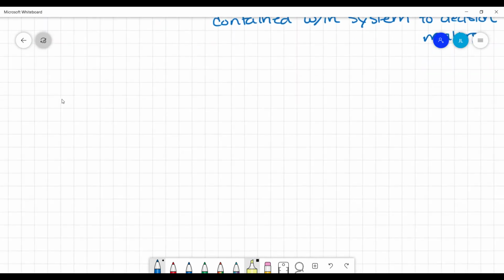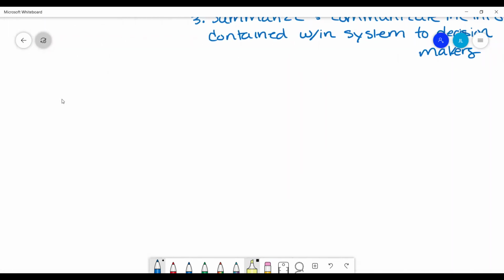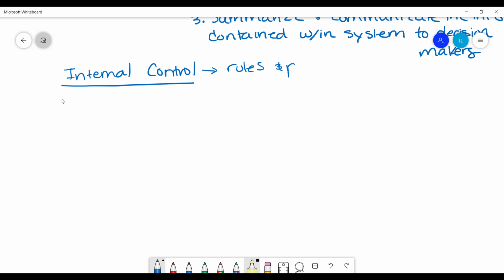So one thing that, especially if you're going to be taking more accounting classes down the line, that you'll hear a lot about is internal control. This is something that is very important to an organization, specifically from an accounting perspective. So what is internal control? Internal control basically is the rules and procedures. It's going to take me a while to write all this out, but I want you guys to see this. It's the rules and procedures